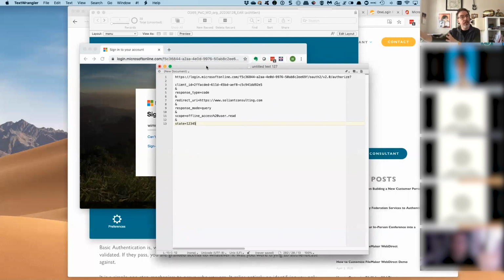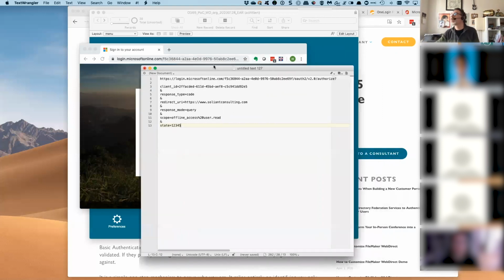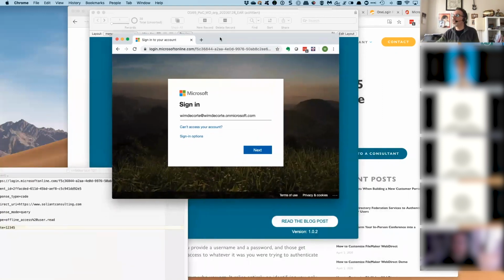That's where we take the web viewer. So that'll be here. That's what the web viewer shows. The user will just authenticate. In my case, this is my email address for my Office 365 developer account. When I proceed here, I am not asked for username and password. It goes to my phone with the Microsoft Authenticator app where I can approve it. So in my case, it's passwordless, right? So there's no password involved in authenticating me against Office 365. Now,